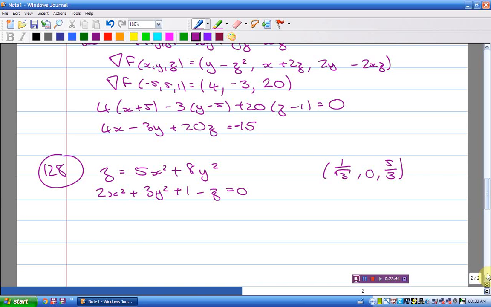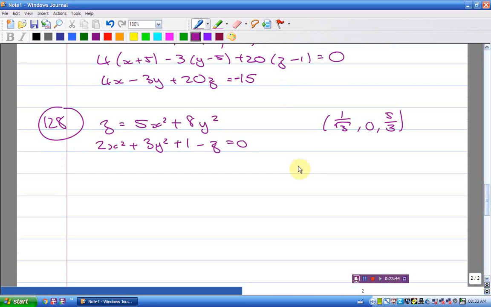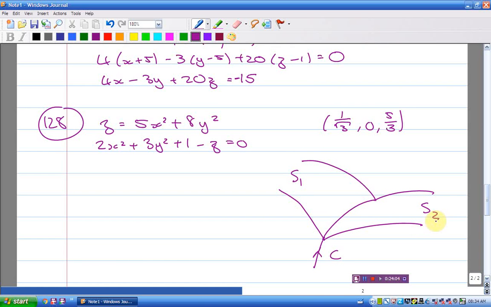Okay, so here I'm going to draw a rather funny looking picture. Let's assume we've got, I'm just trying to show the basic idea. Let's say we've got two surfaces that intersect in some curve. So here's the curve, and this curve is my curve C, and this is surface 1, and this is surface 2. And I want to use gradients to find, well, not so much my curve of intersection, but the tangent line to the curve of intersection. If at a particular point I find the gradient vector to the one surface, grad of S2, and I find